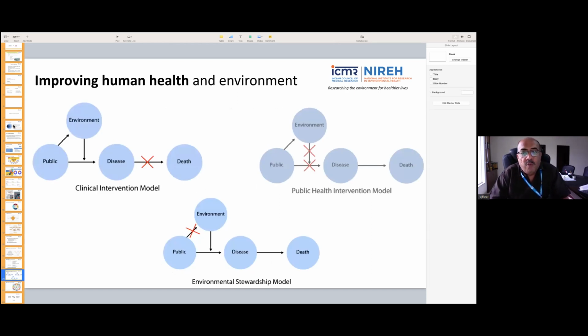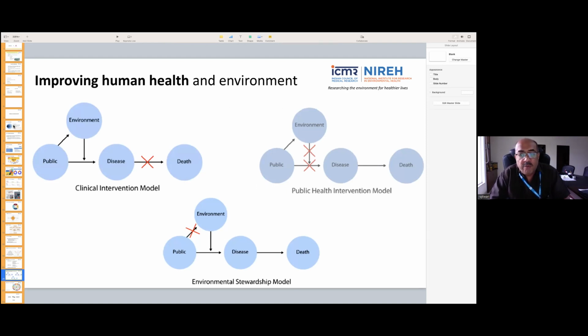So what we want to do is have an environmental stewardship model. We already have the clinical intervention model, where once the disease occurs, we try to treat those cases so that death can be delayed or prevented. Or we have the public health intervention model, where we put in certain preventive efforts so that the public, though exposed to a hazardous environment, doesn't develop disease and